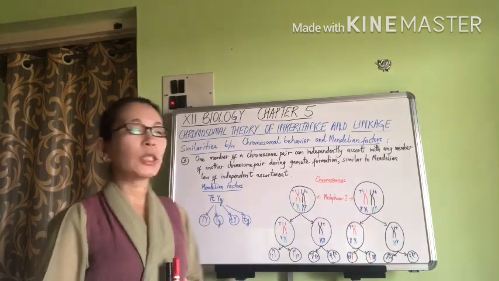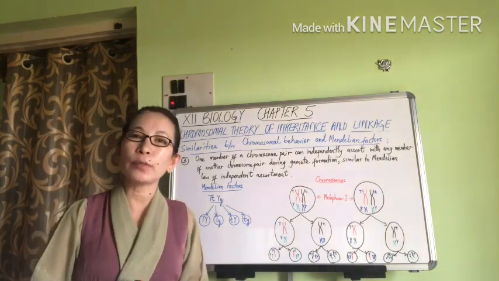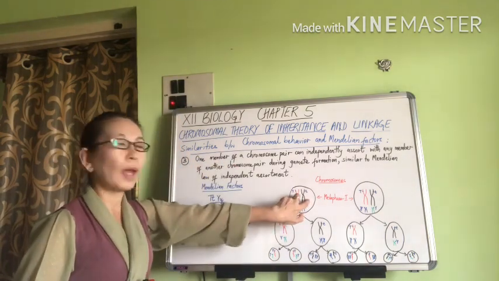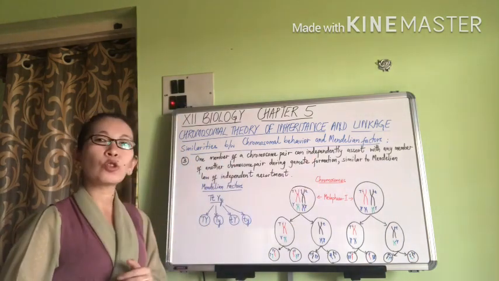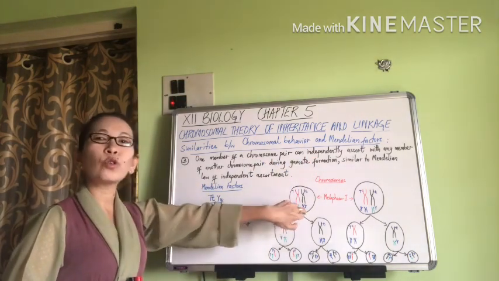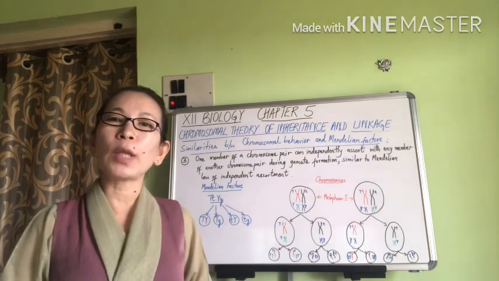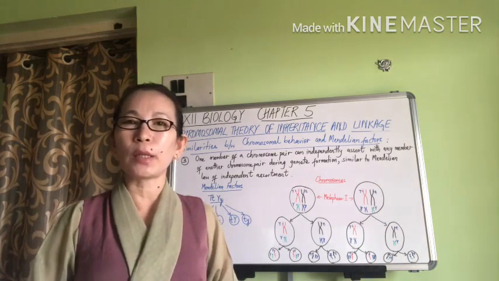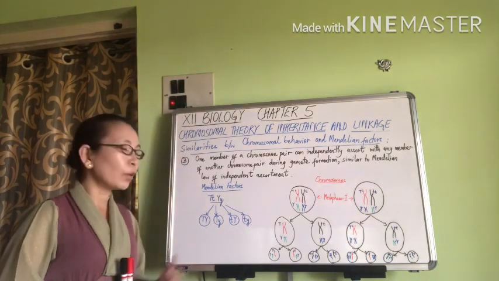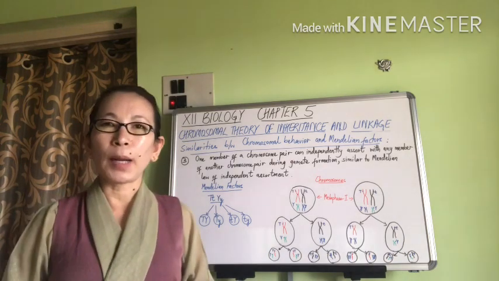The third similarity between chromosomal behavior during meiosis and that of Mendelian factors is that one member of a chromosome pair can independently assort with any member of another chromosome pair during gamete formation. And this is very similar to the Mendelian law of independent assortment. Now, from the Mendelian context, what we know is when we have two pairs of factors in a plant, at